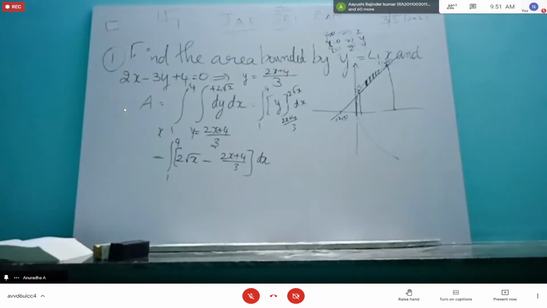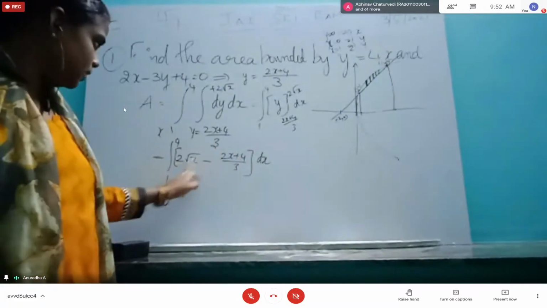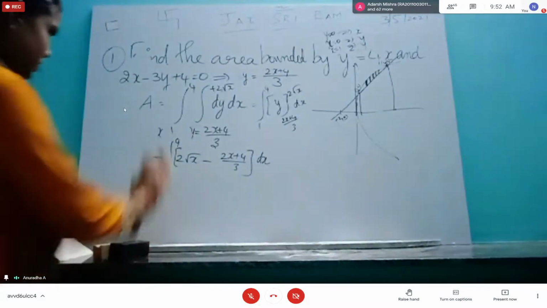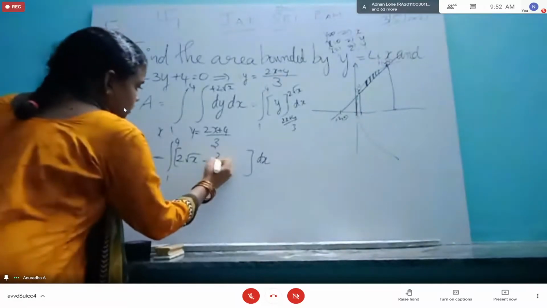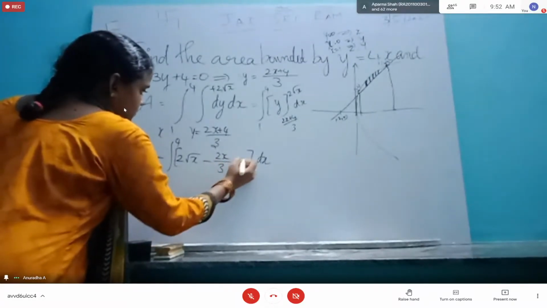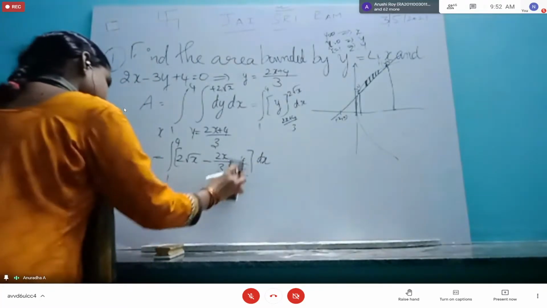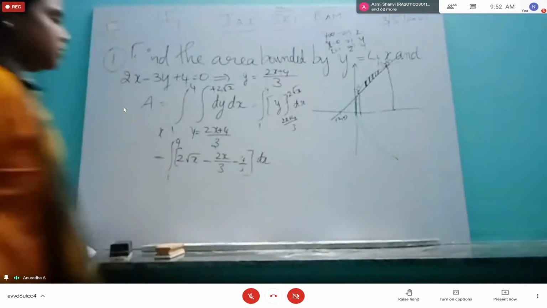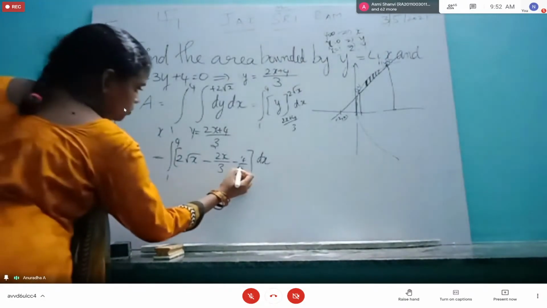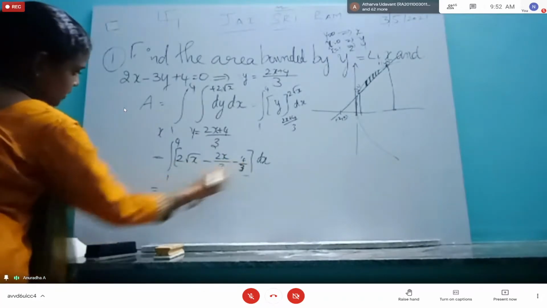Then what we can do is, if you want, you can take LCM, all those things. Ultimately, we are going to do integration. That time, term-wise integration only we are going to do. So better you have it as such, and even this we can simplify further. We can write it separately: minus 2x by 3, minus 4 by 3. It was minus of 2x plus 4 by 3, so minus 4 by 3. So now we have to do direct integration. Don't simplify this step. Don't take LCM, I mean.